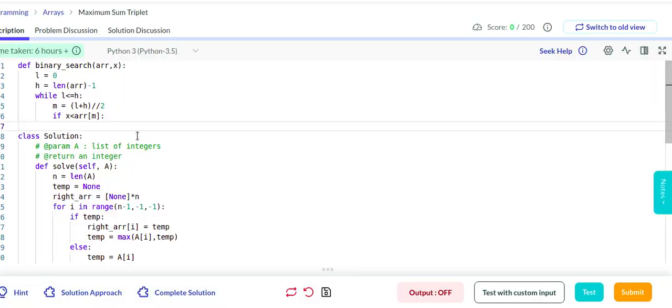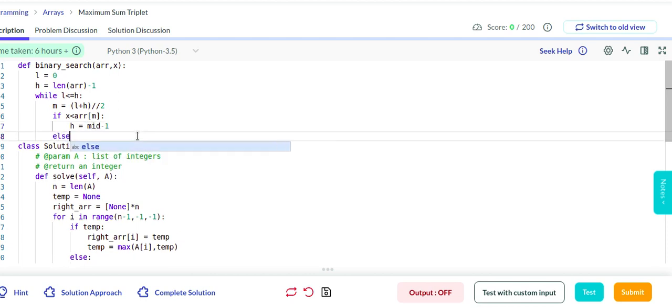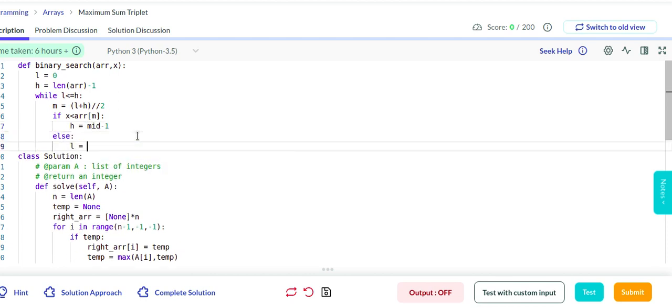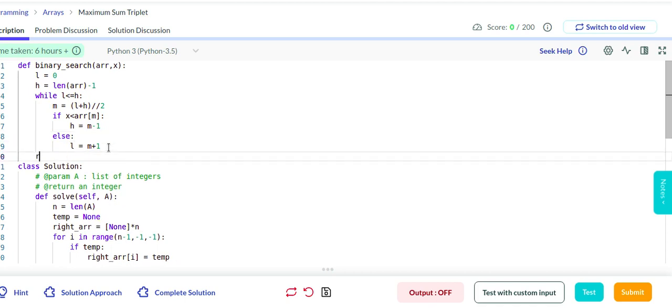Right side is useless, so we will put the high as mid minus 1, and otherwise we search on the right side, so mid plus 1, where mid is m over here. And at the end we return L, or H, whatever it is. If you want to understand it in more depth, you can look for a binary search tutorial, but this is how it is going to be done.